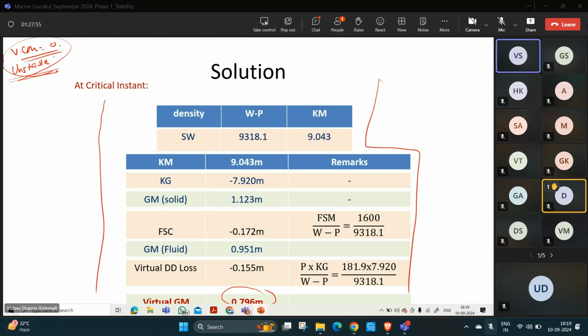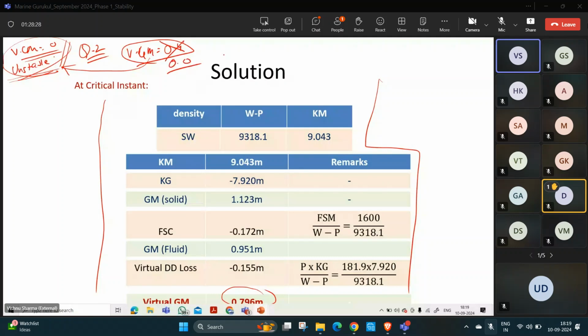So now this becomes like question number 2. Why? If you remember, in question number 2, he wanted the virtual GM to be not less than 0.4. Correct, beta? Am I right? Yes. So I'm linking it to what you have already done. So this question now for the third part, it becomes like question number 2, where instead of 0.4, you want